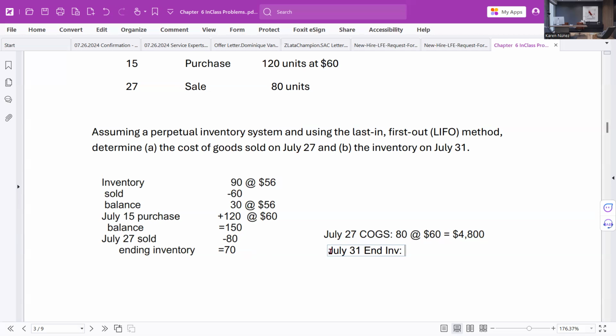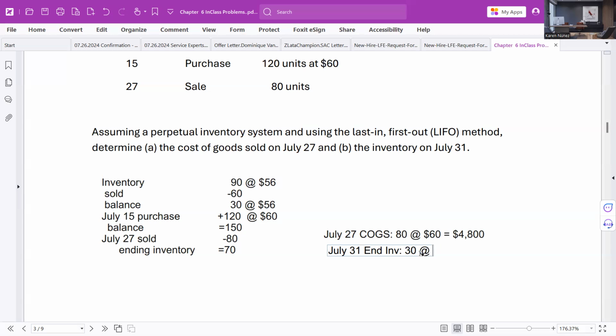Well, that's 70 units, right? We have 70 units left. So again, the 150 units that we have here, we know that 80 of the 120 are considered sold. And LIFO is last in, first out. That's why the 80 are going out first. The ending inventory is going to be based on the first ones. So we've got a couple things here that make up the 70 units. The ending inventory is 70 units, and it consists of the 30